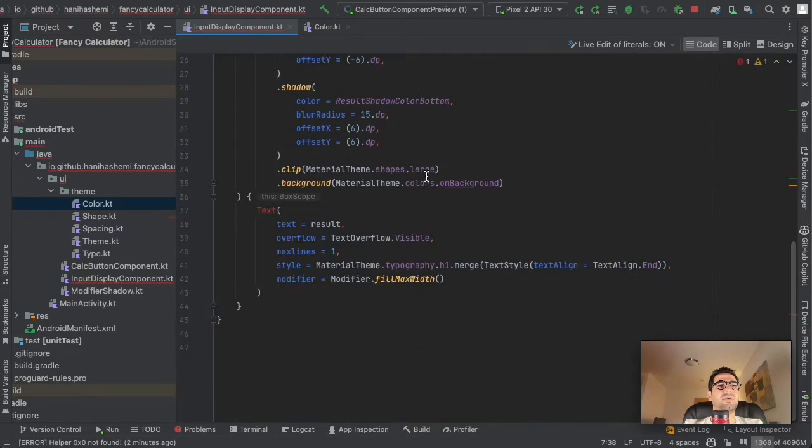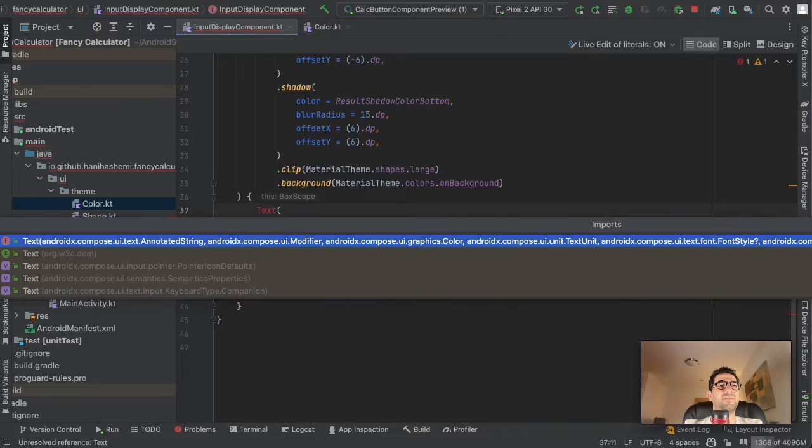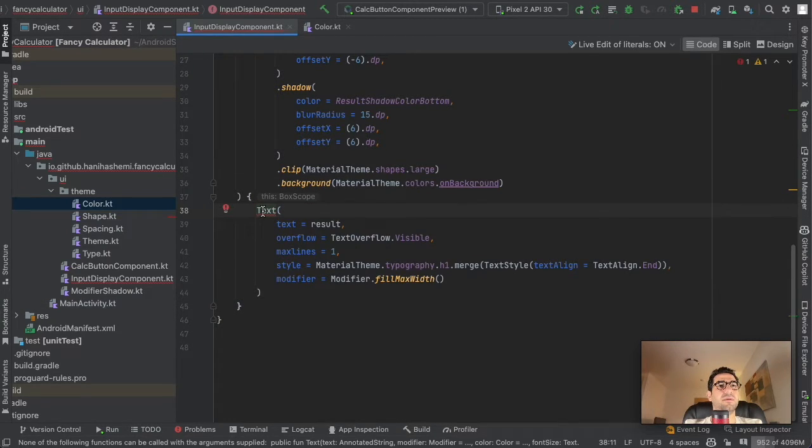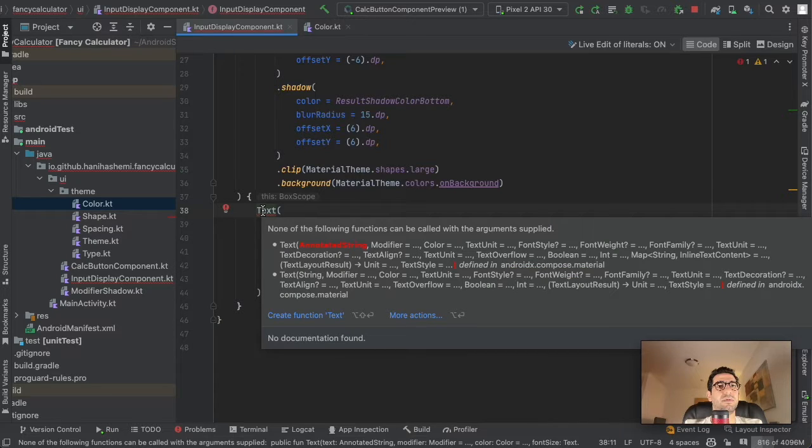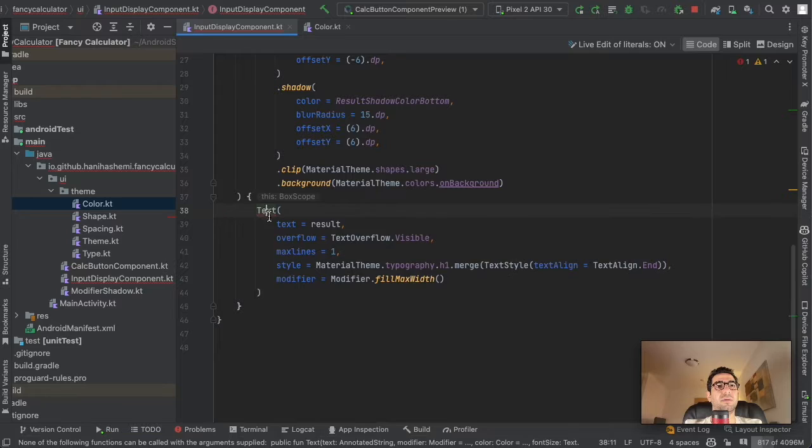Let me just re-import it and see what happens. So I got the problem. The max line is not correct. It was the worst error ever in my life. So I have to use these max lines,